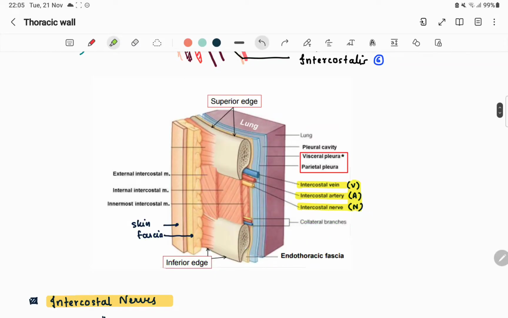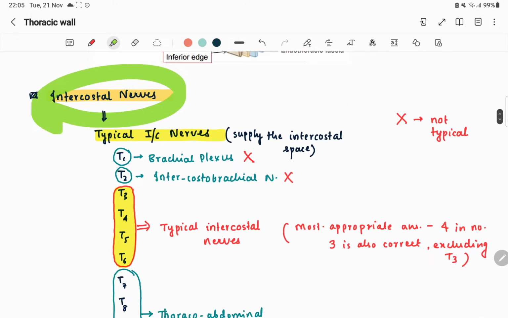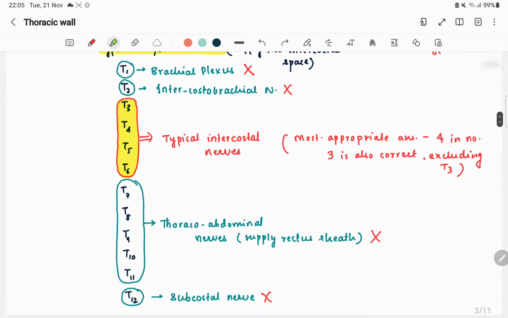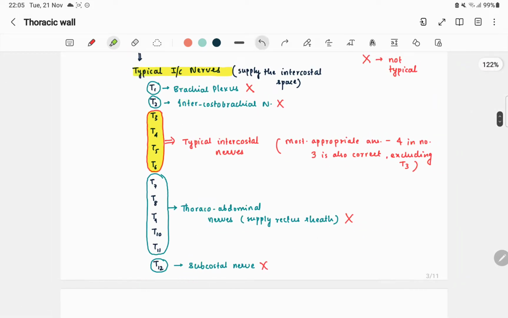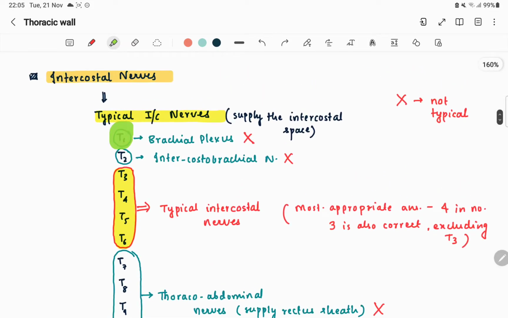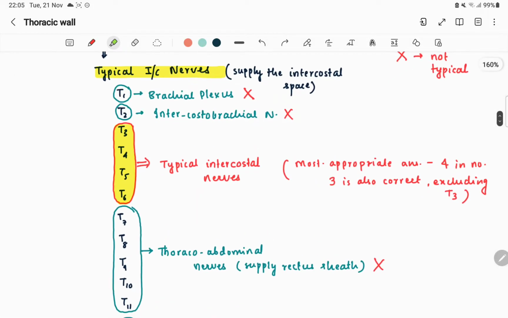This is the whole structure, this is the whole arrangement. You can see this is a lung, the lung tissue is starting from here. We are taking a cross section, just a section from this. And talking about intercostal nerves, we have the typical intercostal nerves which only supply the intercostal space, and other ones are just giving branches to other things, also contributing to other things, like your T1. We are going from T1 to T12, discussing all the nerves,